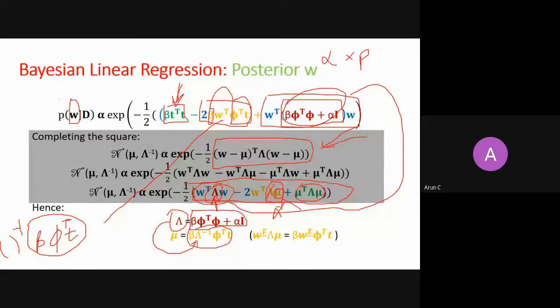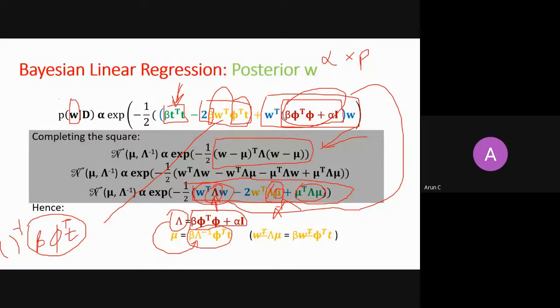In the numerator, we are multiplying prior with the likelihood. Once I multiply prior with the likelihood, it is directly proportional to the posterior distribution, the posterior distribution of the parameters. So now what I found is that my posterior distribution is also a Gaussian distribution, right? If you remember, I started with a prior distribution, which was some Gaussian. Then I multiplied it with the likelihood and got a new distribution, which is again a Gaussian distribution.